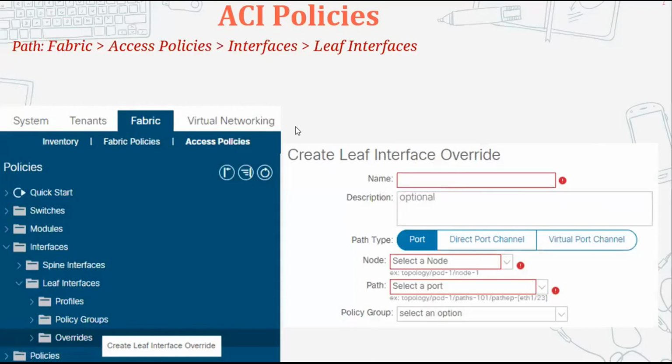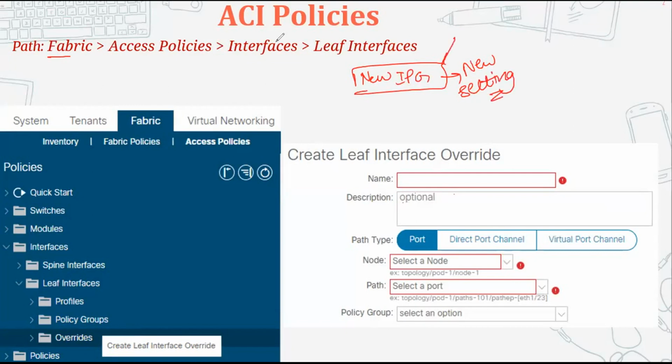First of all, let's see what the path is. In the leaf interface override policy, first of all, you need to create the new interface policy group with the new setting that you want to implement.